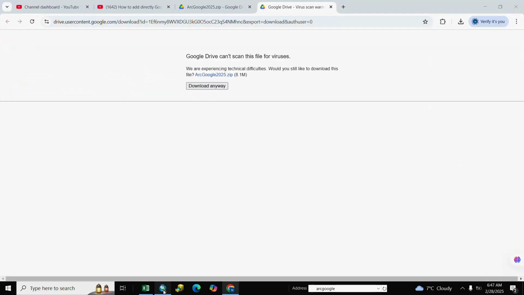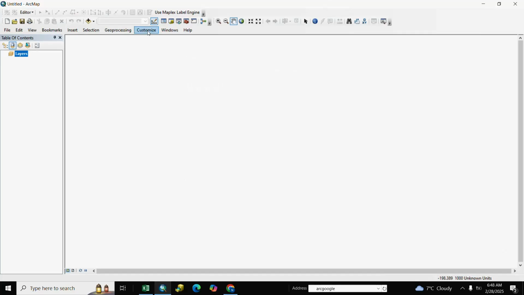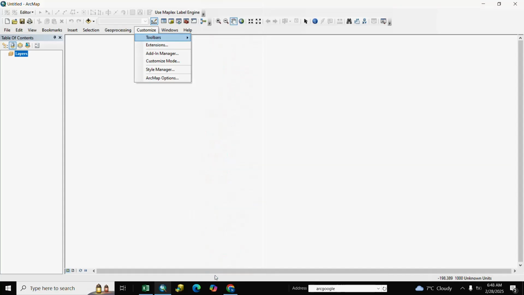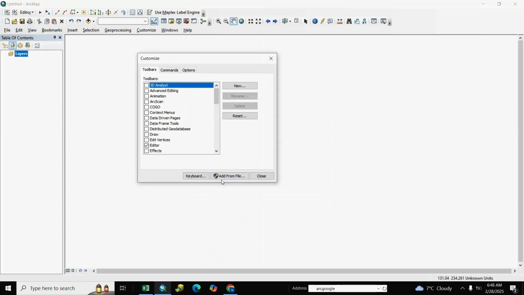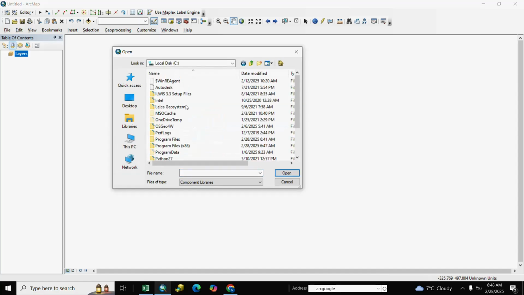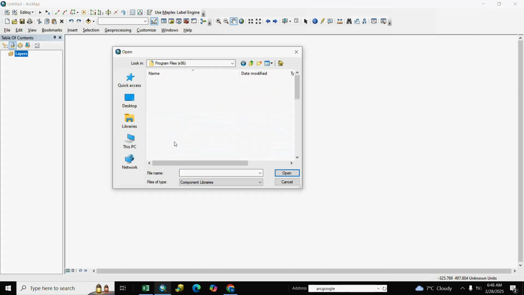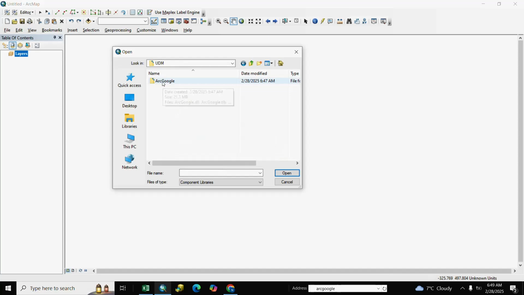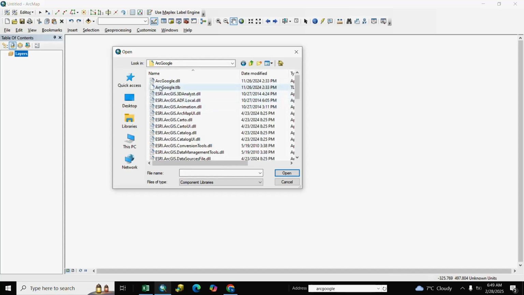After that, we open ArcMap, go to Customize, Toolbox, Customize, and go to Add File and the C drive, Program Files, ArcGoogle Map and ArcGoogle TLB file, and open.